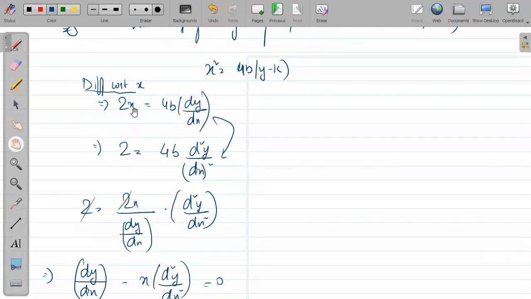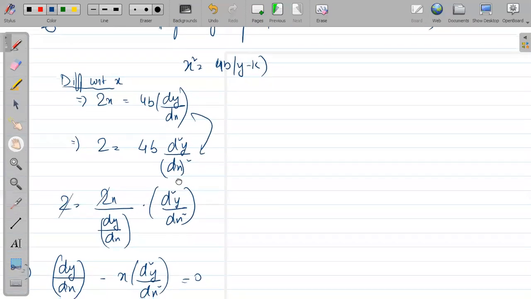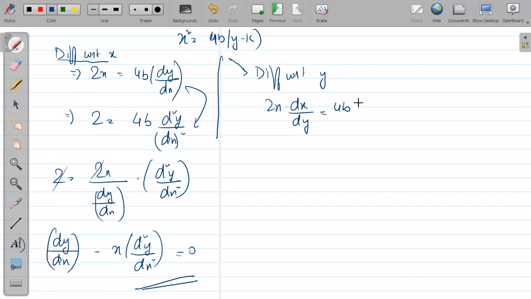अगर आप इसको बोलोगे सर with respect to x के with respect to y भी कर सकते हैं क्या? Yeah, you will get in different form, but it is also correct. How? Differentiating with respect to y, suppose. So it is what? Twice x dx by dy. 4b done. This you will get only 4b. Y का differentiation खत्म हो गया. So this parameter I am getting. Again I have to differentiate second time. 2x with respect to y I am differentiating.